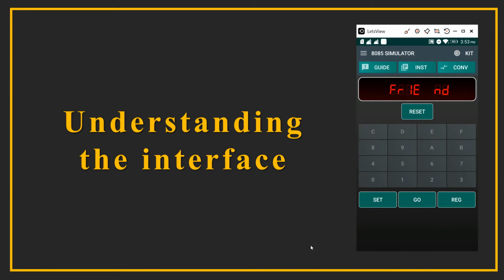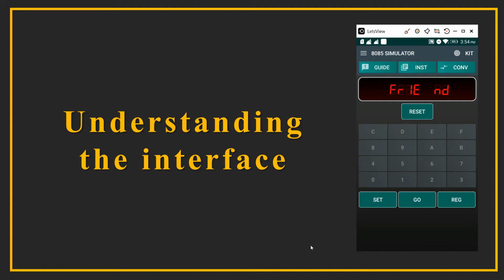So now let us understand the interface available over here. You find that there are various buttons on the interface and a display. The buttons on the display are used to enter the numbers, and some command buttons are available with the help of which we can operate various commands.